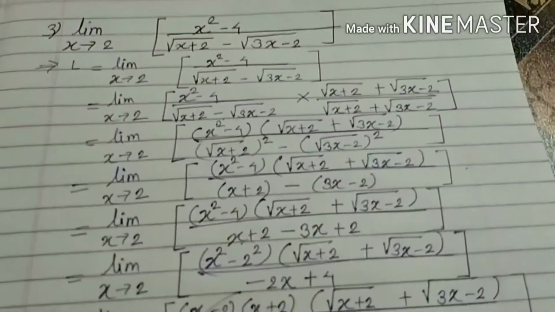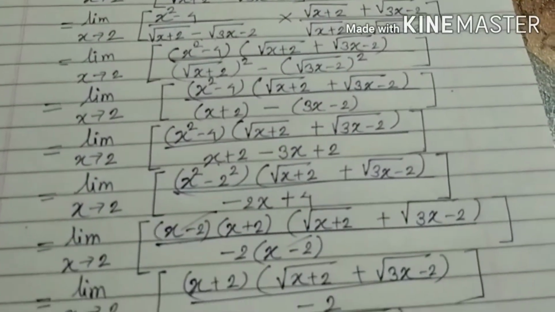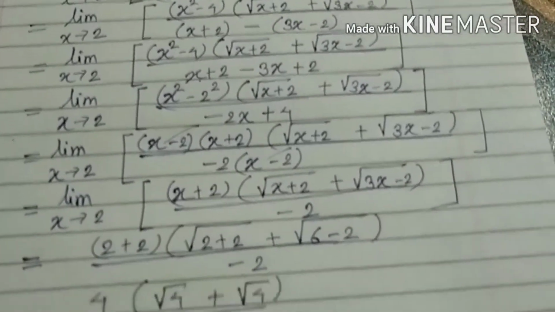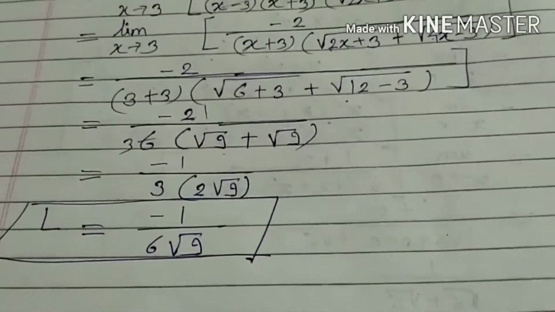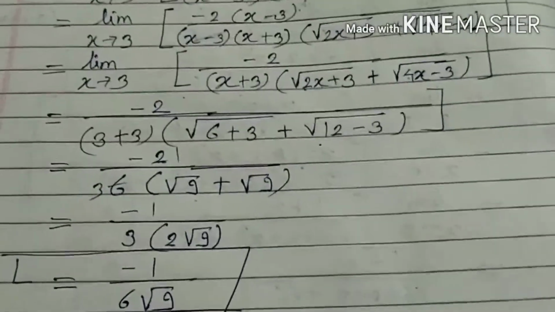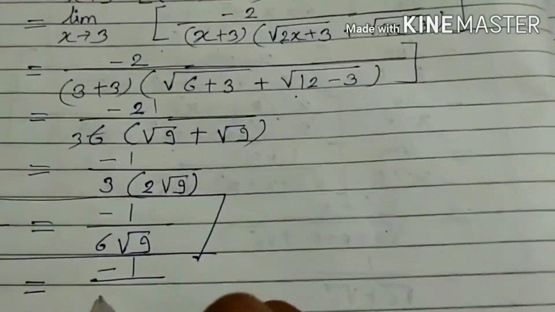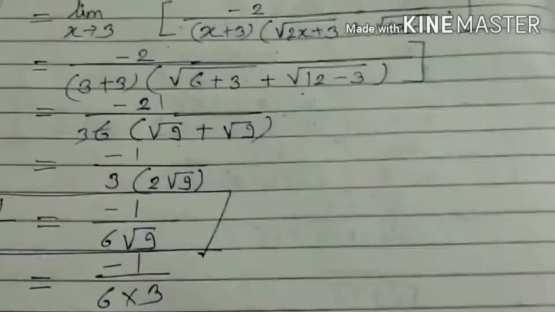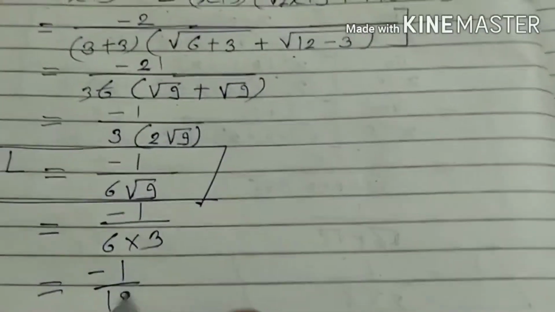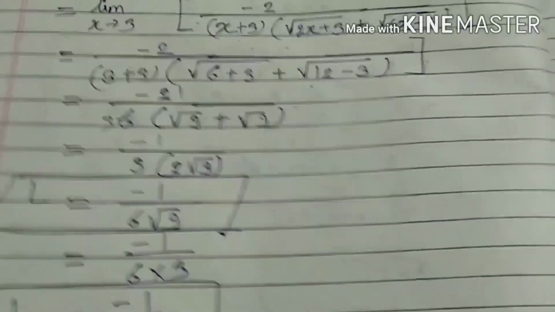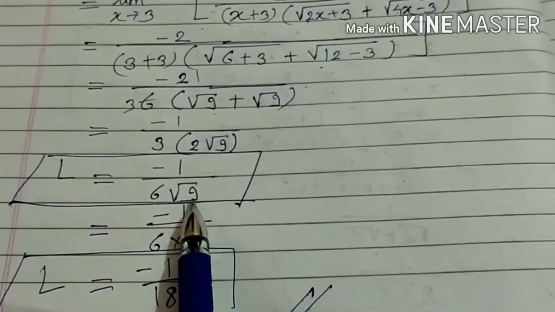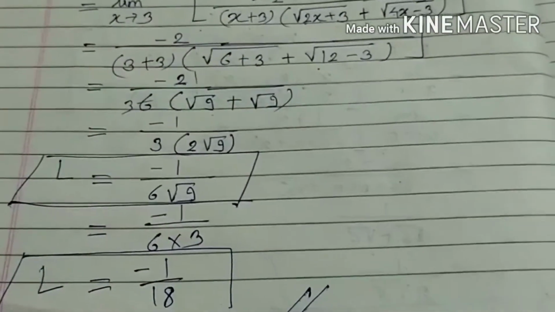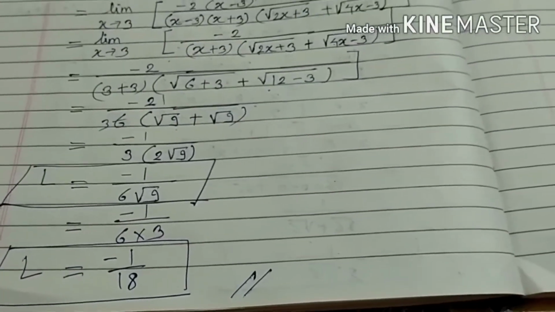Now observe that example. All the steps are very simple, you can observe. In the previous example, our answer is slightly wrong, because here we know that under root of 9 is 3. So 6 into 3 means our answer is minus 1 upon 18. So make it correct please. It is our answer. It is also right, but we know that under root of 9 is 3. Now we move to our next example.